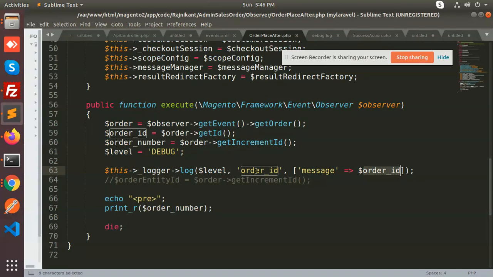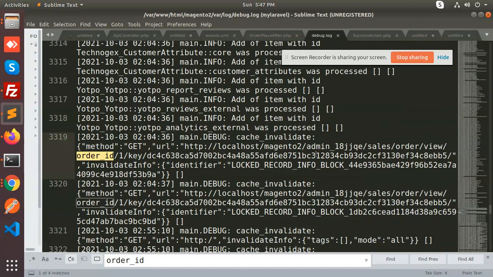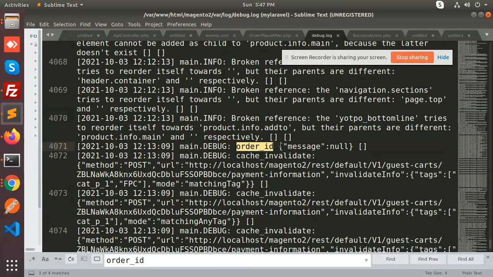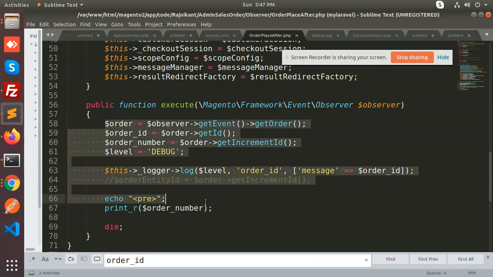That is the order ID. It says main debug order message is null, so it's not returning anything. So it means our control is already in that file, so we can manipulate anything over here. Okay, so the order ID we are not getting. If we get the order number, we can manipulate the code accordingly.